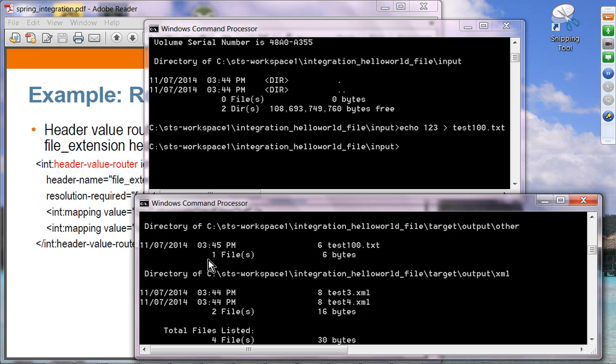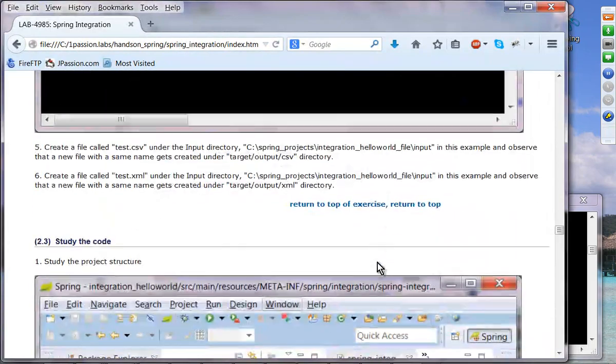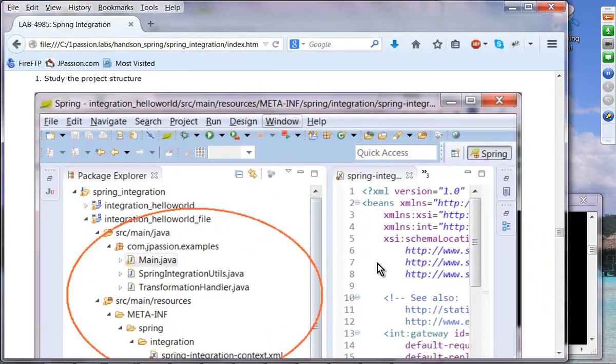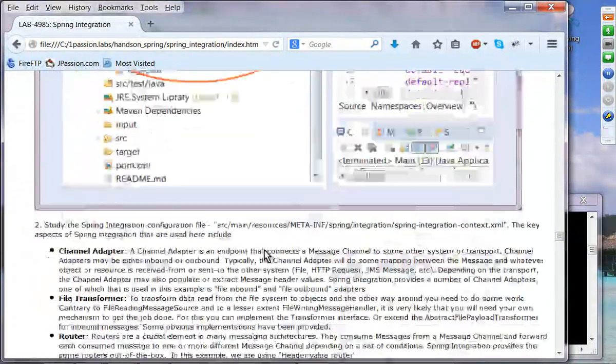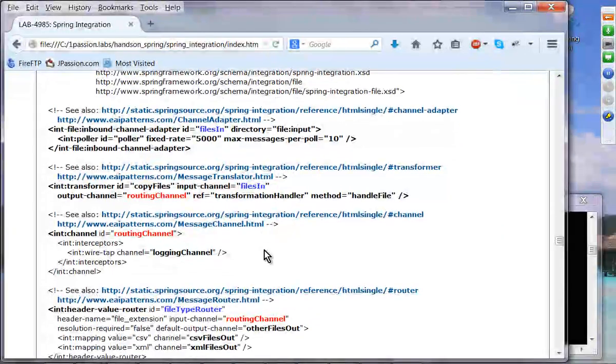Okay, so that is the behavior. So now let's take a look at the application. So this is the code. Okay, so let's see the configuration. So we have the